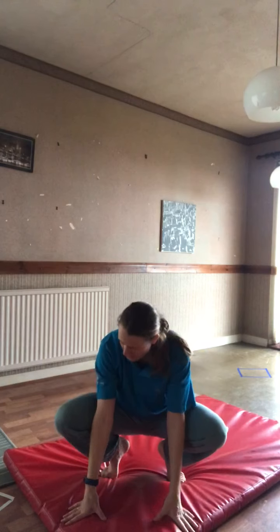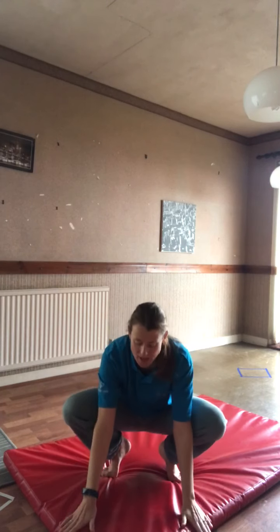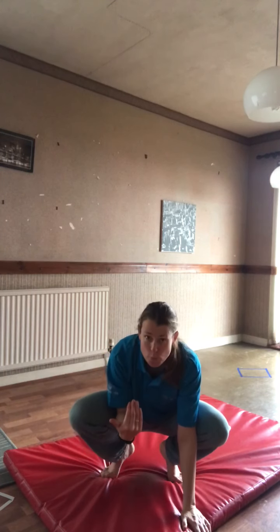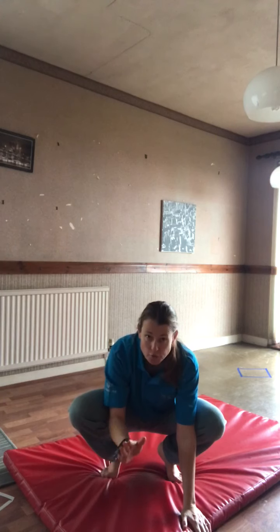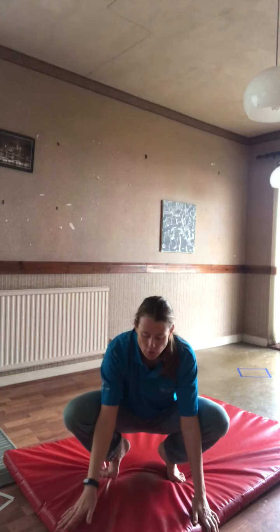So for the frog balance, you need to make sure your elbows are pushed into your knees and that your knees are pointing outwards, hands flat in front of you, and it's not a jump. It's very slowly tilt and move your weight over onto your hands forwards, and it does feel a bit scary because obviously you're going towards the floor. It feels like you're going to sort of face plant on the floor,